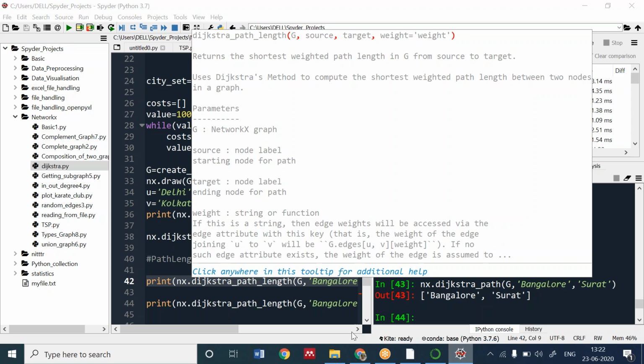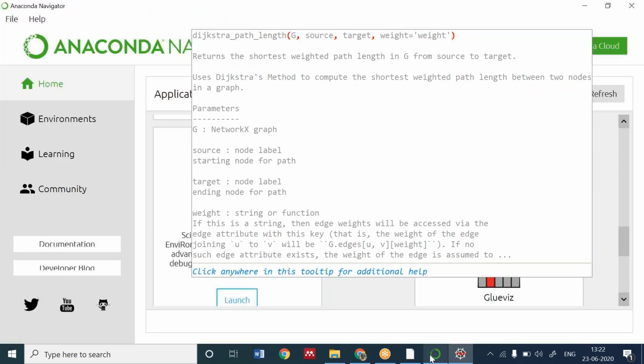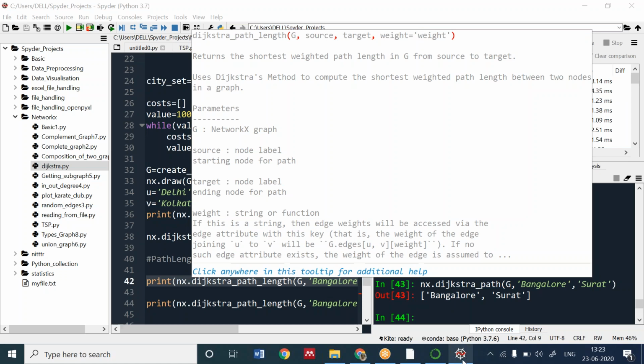My system is hanging. It's not clicking anywhere. Even though I'm closing, I'm shutting it down and opening it again.